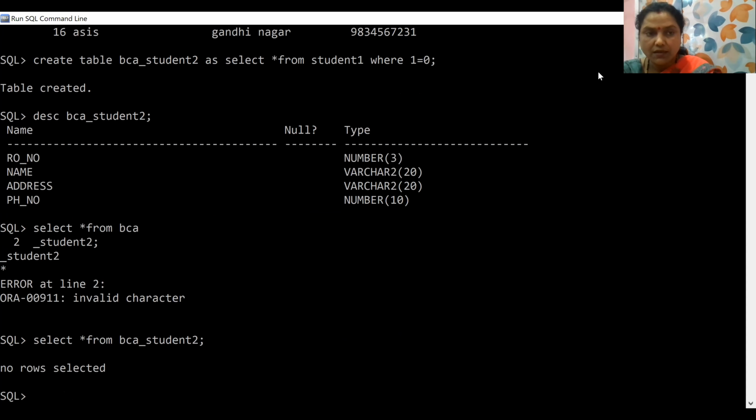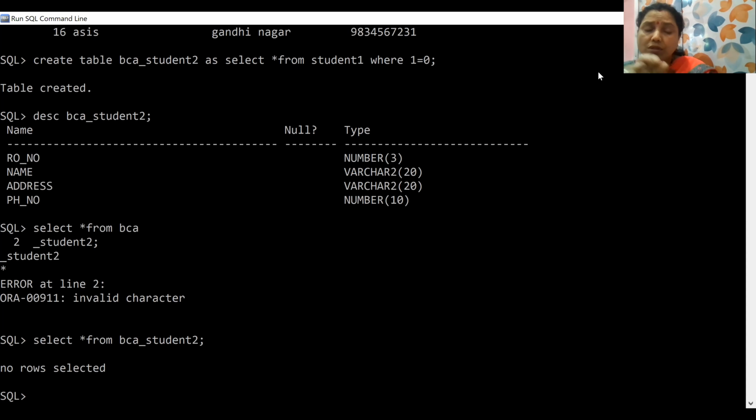No rows selected. Previously, student 1 had one record. If it was copied inside BCA student 2, then it must show one record here. But it is showing no rows selected, meaning no rows have been copied, as you have mentioned here where 1 equal to 0. 1 equal to 0 means no rows to be selected. Got it? Understood? You can well utilize it.